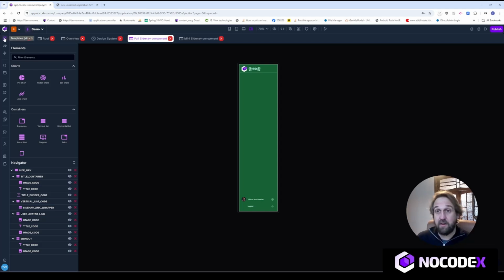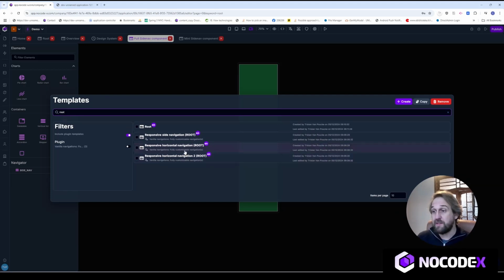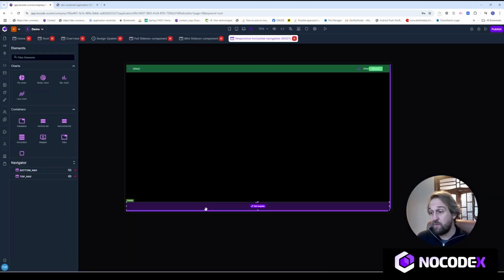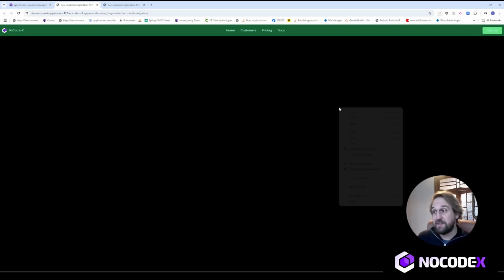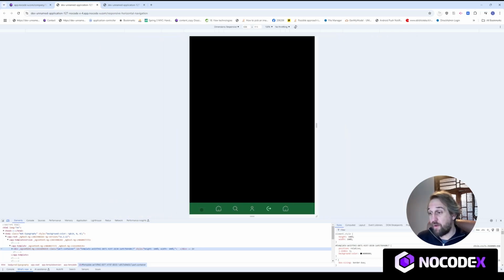As I said, there are other route templates for you to use. I've just shown you the site navigations, but there is also the horizontal navigation, which has like 2 navigations for you to use. So maybe I can show you guys this one real quickly. As you can see, this is a basic navigation setup. And if you make the screen smaller, then a basic bottom navigation, perfect for mobile,